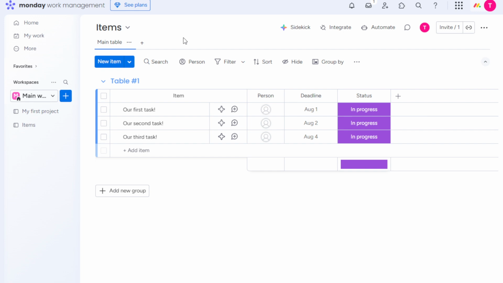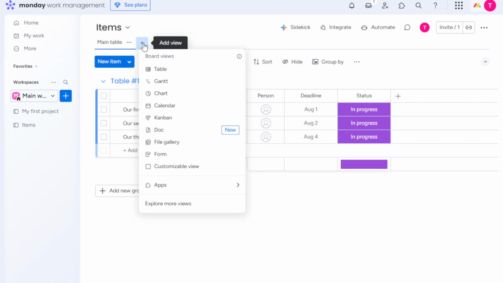effortlessly. First up, from within your board on Monday.com, you need to locate the plus Add View tab. It's prominently positioned at the top of your board. Clicking on this tab opens up a variety of views you can incorporate into your board. Remember, the goal here is to add functionality to how you interact with your data, allowing you to visually track